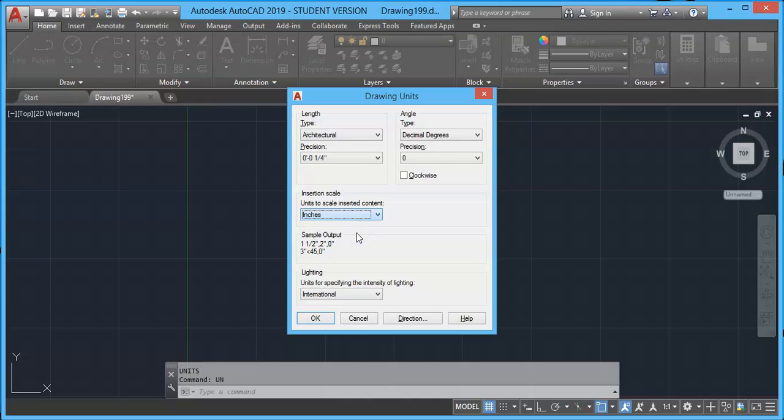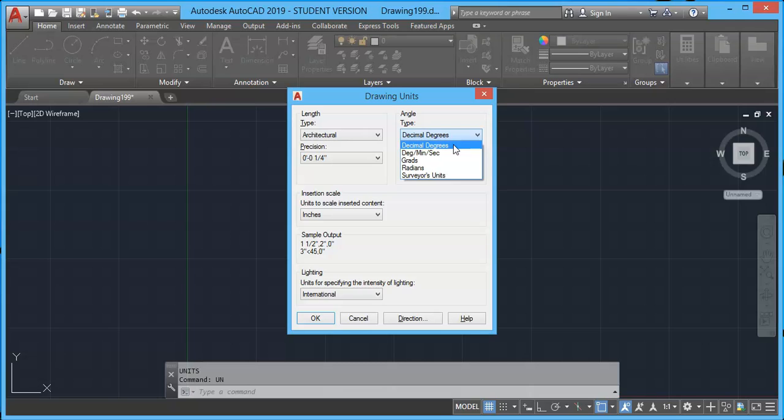So you have to set insert scale units to inches, and angle units you can set to decimal degree, that is 1.5 degree, 2 degree, 15 degree, like that you can set in decimal.